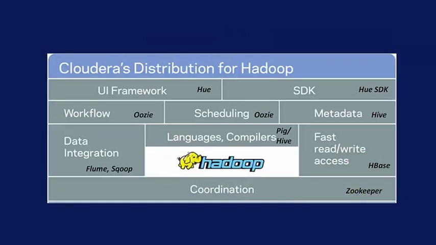And now we come down to Cloudera's distribution for Hadoop, and we can see which pieces of the system Cloudera has. In Cloudera's distribution for Hadoop, or the Cloudera stack as we call it, we have Sqoop and Flume for ingestion. We use HBase for the column store. We have Oozie as a coordination and workflow engine. We use Pig and Hive for high-level languages and querying some of the data. And then we use ZooKeeper as a coordination service at the bottom of this stack.